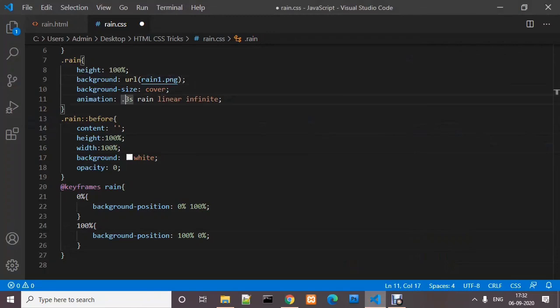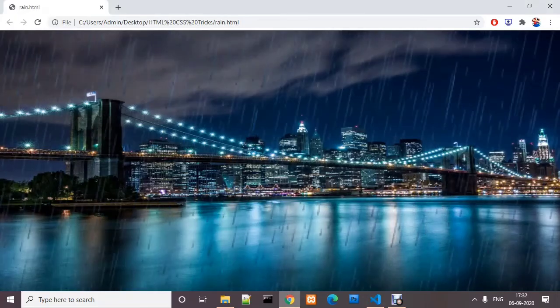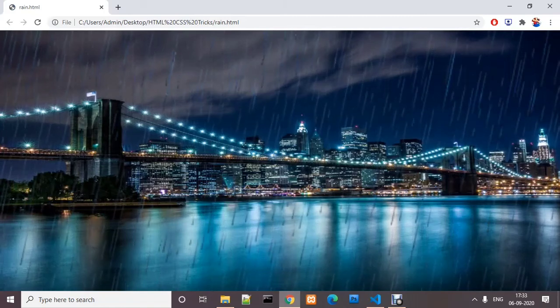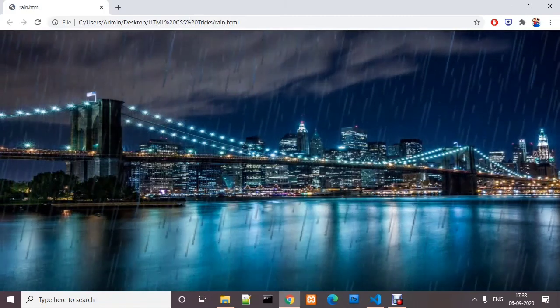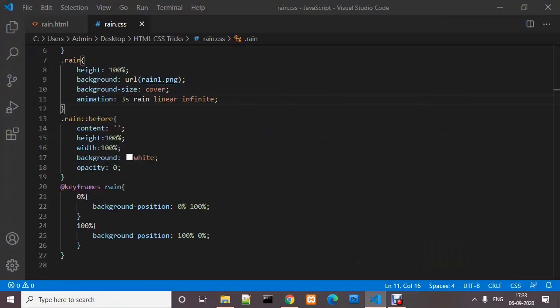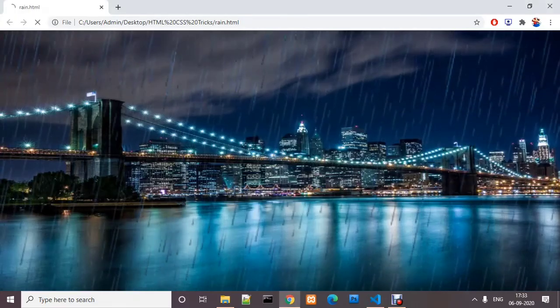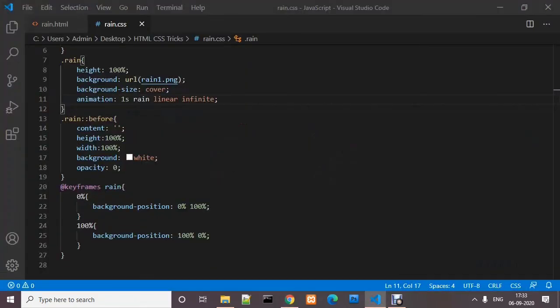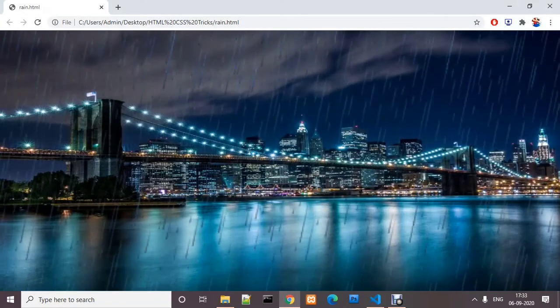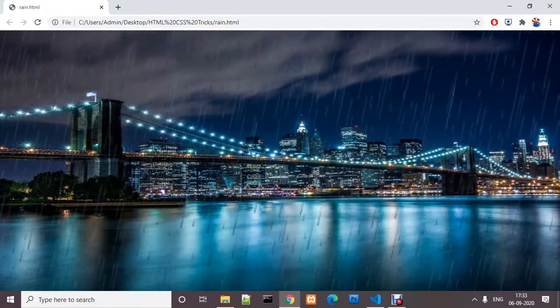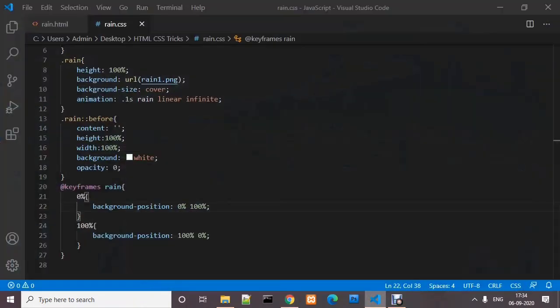Suppose I provide not 0.3 seconds, but 3 seconds. So the speed of the rain will be very slow. So this is the rain speed, and it differs if we change this animation time. So for 1 second it is like this, and if we provide 0.1 second, then the rain speed will be very fast. And that's all for this video,